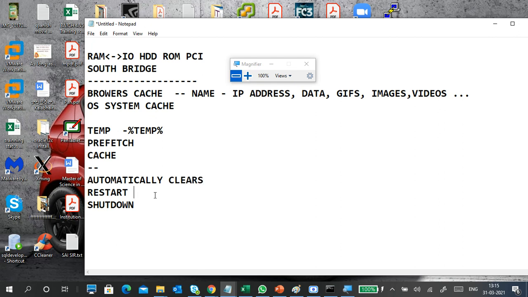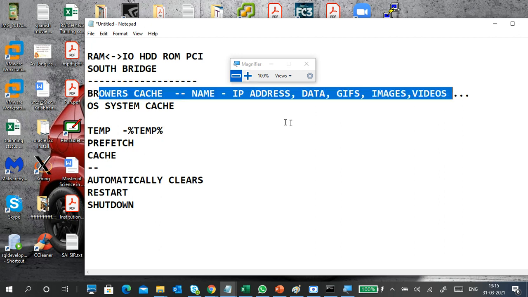It clears at restart time or shutdown time. These temporary things, prefetch and cache things will be cleared. Browser data you have to clear manually.